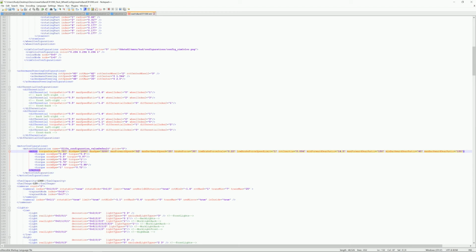So 30 would be 48 kilometers per hour. So let's change that to 48. Okay, now we did talk about the backward speed also. If you notice, it's set at 20. That's about 12 miles per hour. And that's where that was set. So let's set that at 15. 15 miles per hour is going to be 24 kilometers, but I'm going to change